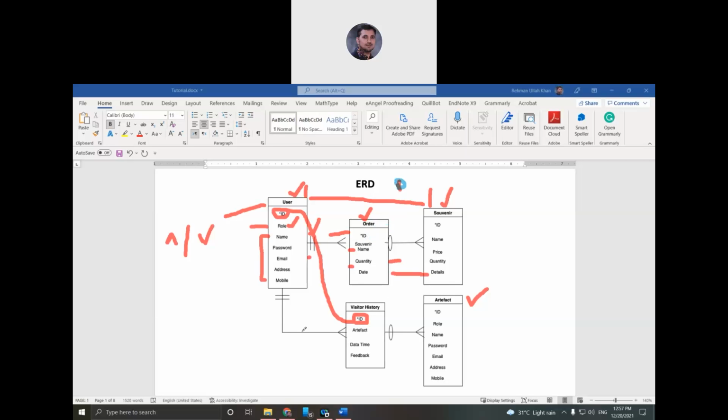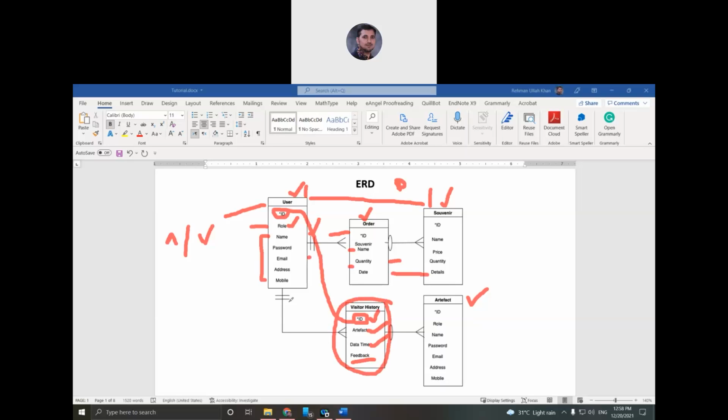Okay, so we are talking about visitor history. So this history is about who? About this user. You see the ID is there. So this user visited and requested which artifacts, what time, what date this user visited, and whether this user gave some feedback or not. So in a history, I want to store this type of information.